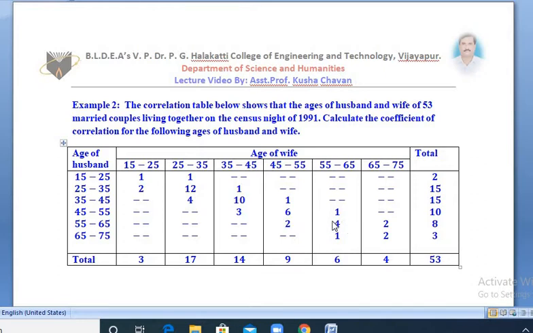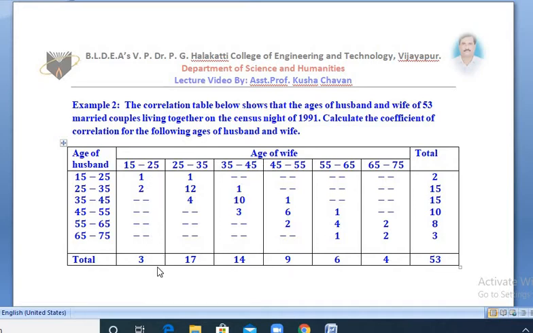Similarly, the data is given over the class intervals as frequency distributions. Then total frequency adding horizontally: 1 plus 1 it is 2, and adding 2, 12, 1 that is 15. Similarly it is 15, again it is 10, 8, 3. We call it the total frequency along the vertical, and that frequency along the horizontal, that is adding vertically 1,